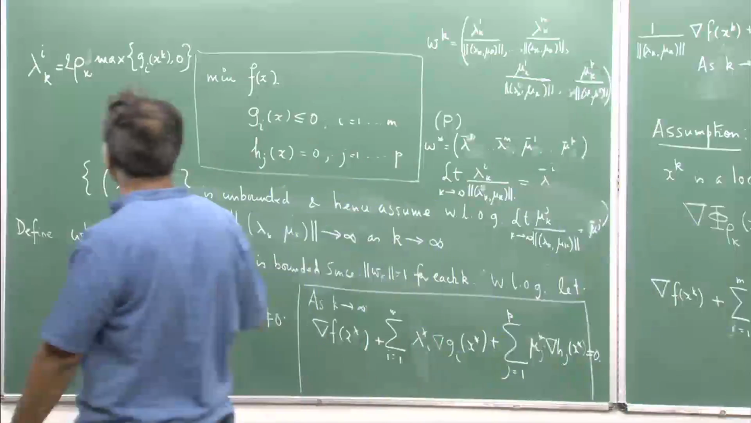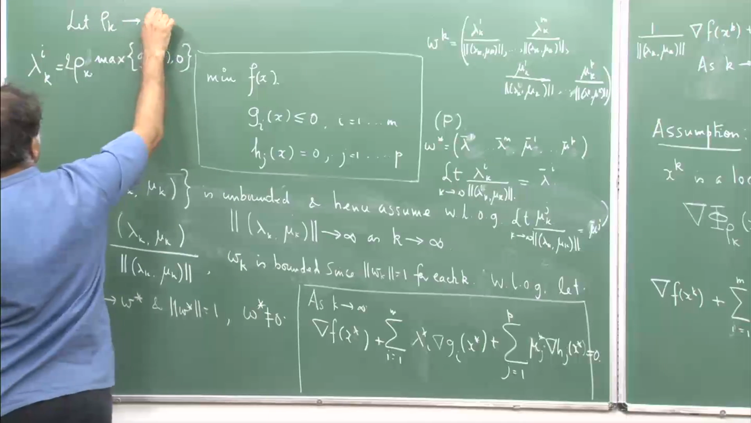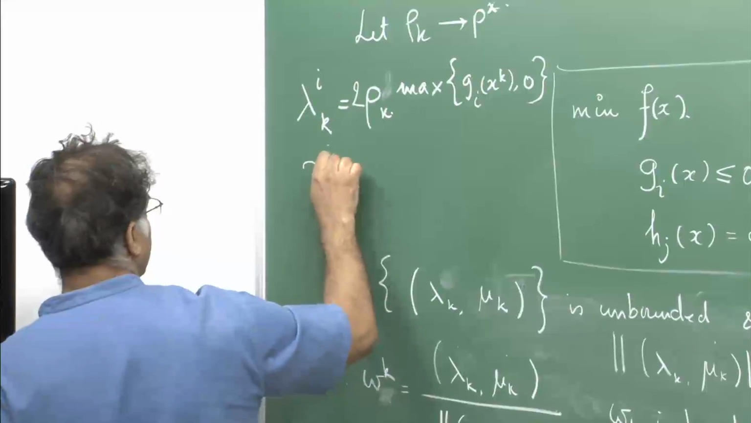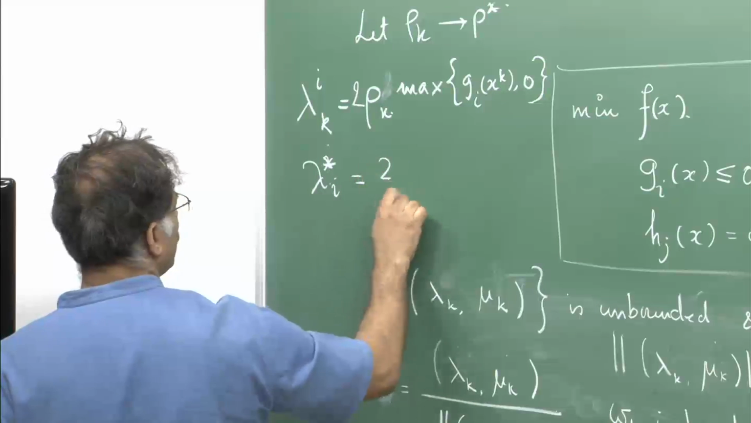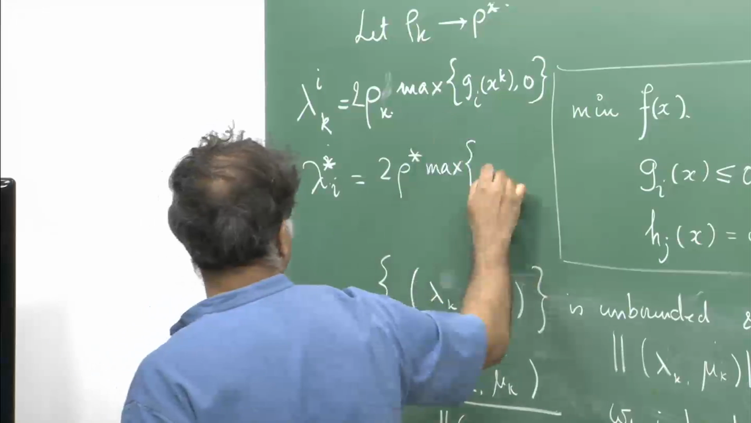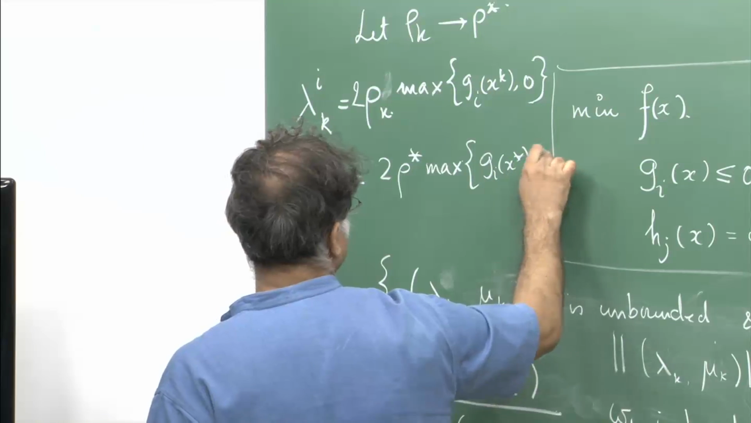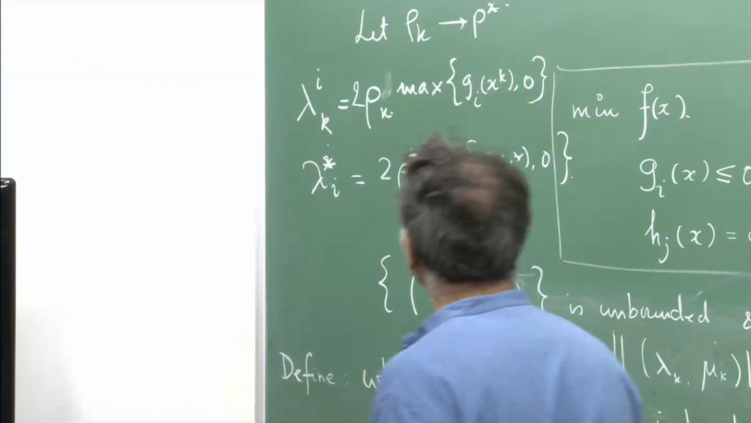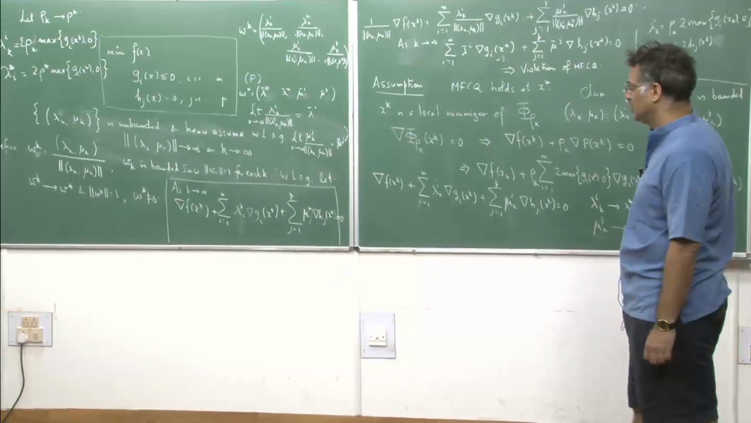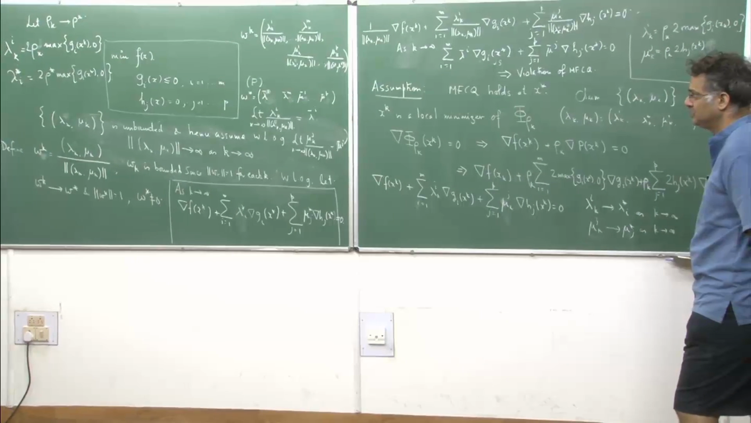So, let rho_k go to some rho star. Then lambda star_i is twice rho star times max of the expression; max being a continuous function, we just take the limit inside. So, G_i(x star), so whenever G_i(x star) is strictly less than 0, then